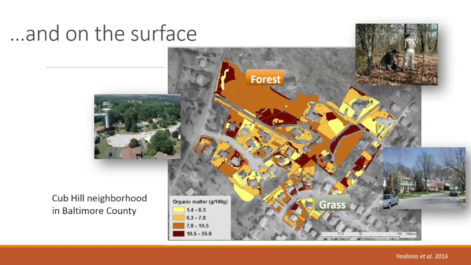So yesterday we talked about soil organic matter might be an important metadata item. So I'm just illustrating here how difficult even that is to describe in an urban setting. This is Cobb Hill in North Baltimore, and I will show some other data later about Cobb Hill, a typical residential area where you have individual single homes and the property, and this is a very fine scale assessment of soil organic matter on the surface. And as you can see, the ranges are enormous. And compared to the forest, which is fairly uniform, we have all kinds of values here.